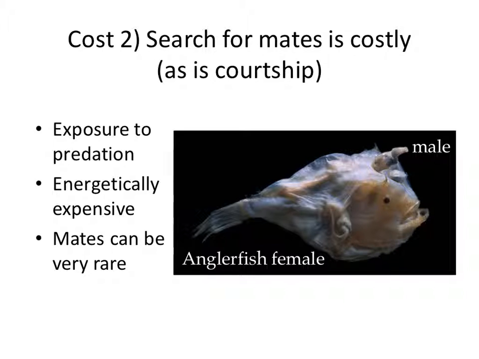The male is that little tiny thing on the back of the head of the female. When a male finds a female, or vice versa, when the female finds a male of its own species, the male actually bites onto the female fish and then starts taking nutrients from the female. So the male is basically feeding on the female's bloodstream, I guess. And that male becomes an appendage on the female. Like, he never lets go.